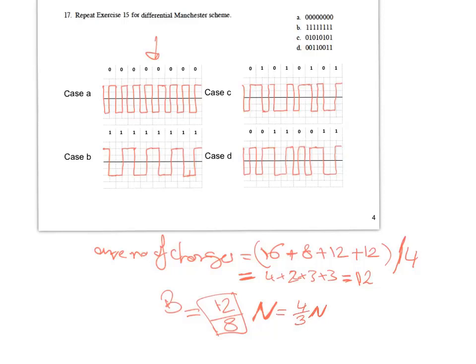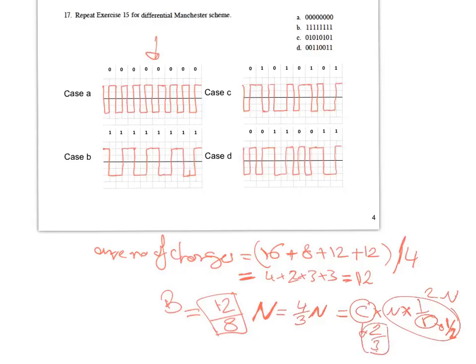Not that it makes it very important, but remember here that the bandwidth equals C times n times 1 over r. So if the value of r here for Manchester, remember it's 1 over 2. 1 bit has 2 signal levels. So this value is 2n, which makes C here 2/3,